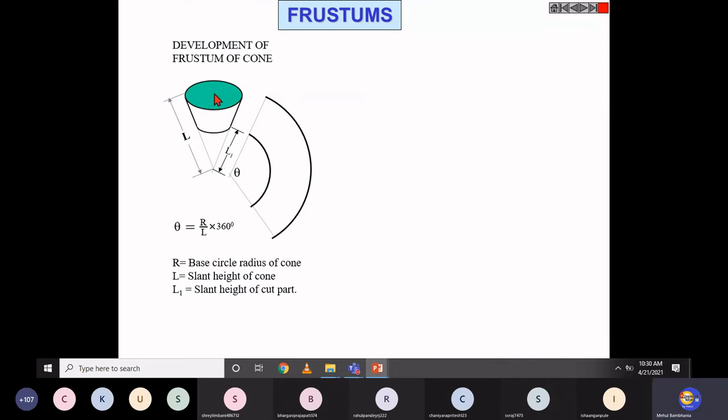Only this much portion exists. So whatever remaining portion you removed from this cone, you have to eliminate it, and consider the remaining development only. Then you highlight it in this way. This is how you can develop any frustum kind of shape.